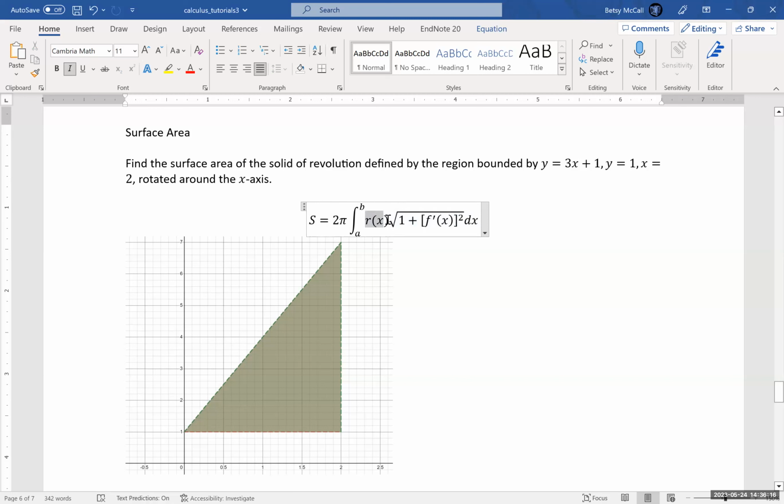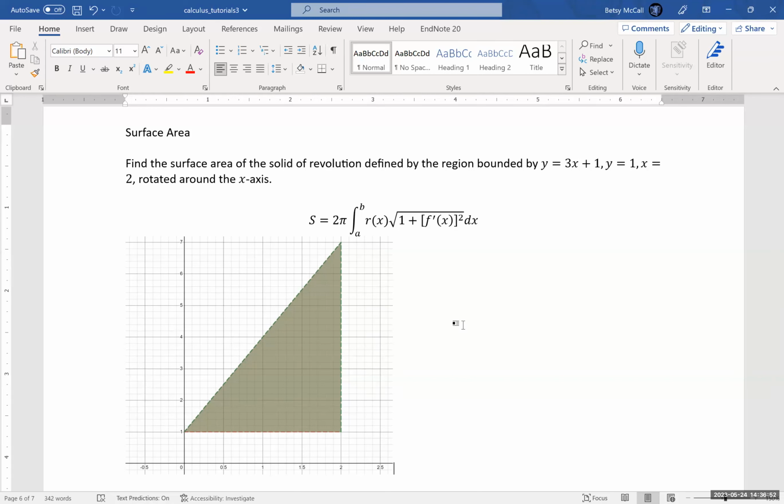This radius part out here in front is going to be the thing that you have to worry about in terms of whether you're rotating around the x or the y axis. Now, I'm not in this video going to do rotating around lines, y equals 1 or x equals 3 or something like that, because it's actually much easier to figure out if you can do the shell or the washer, particularly the shell method. You just have to think about how that distance is calculated, how that radius changes,